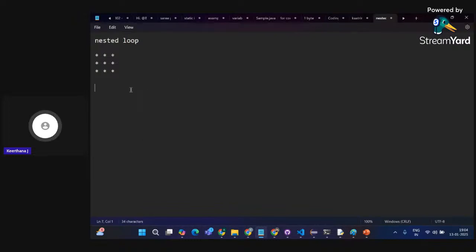Also, one of the questions I received in my short coding round was the spiral pattern. It is actually available in LeetCode and things like that. So my question is, I want to print this pattern. This is a star pattern. It can be a number pattern, it can be a letter pattern, it can be anything, even an alphabet.